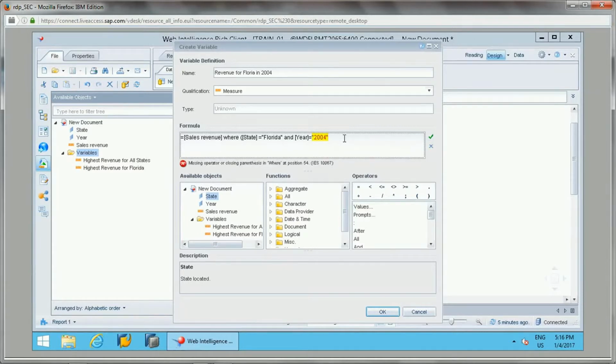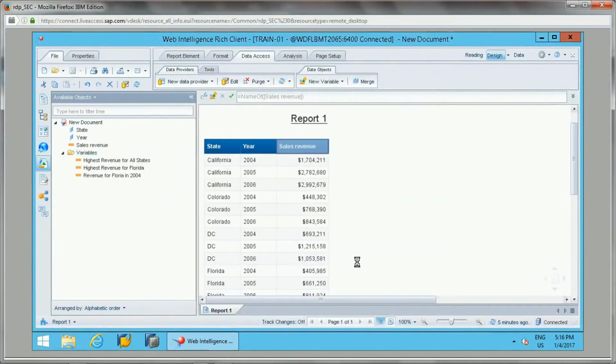This is the sum of Sales Revenue, and I give a closing bracket here. So this formula will give the revenue of Florida in year 2004.